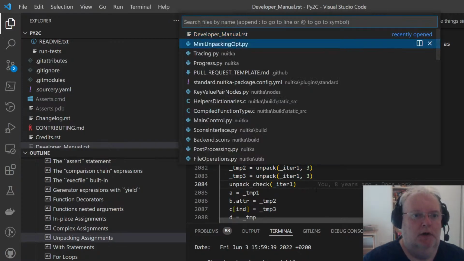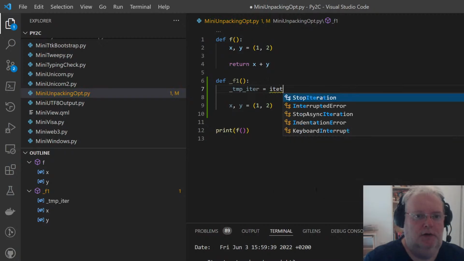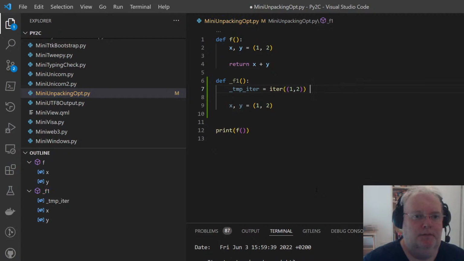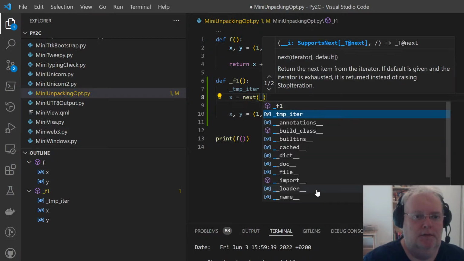So if we go here, temp iter equals iter 1.2, x equals next temp iter.